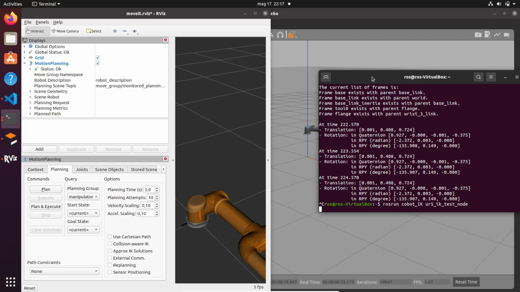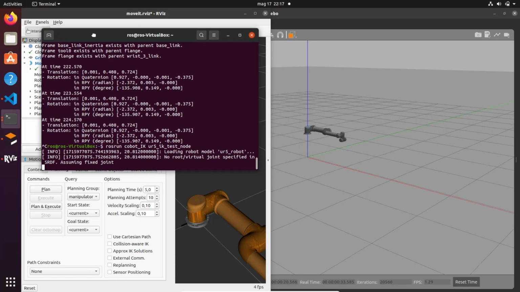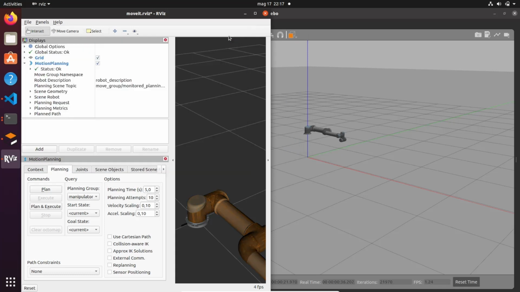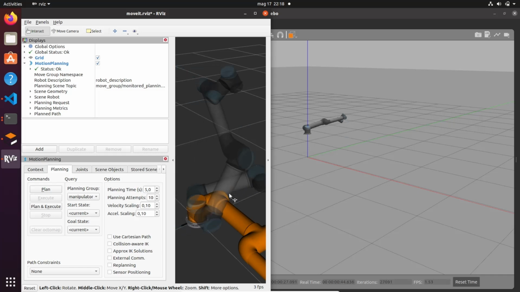Hi roboticist! Today we are going to simulate our Universal Robot 5 in Gazebo, and we are going to control it with MoveIt. And finally, stay with me to the end of this video because we will run an inverse